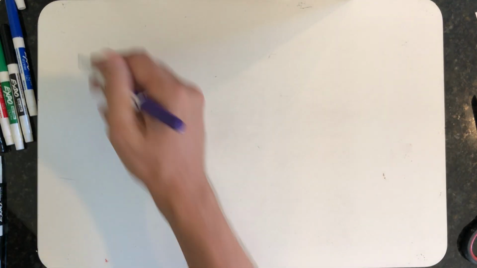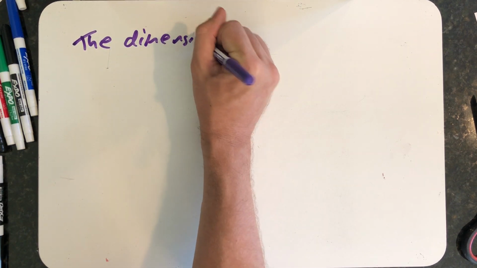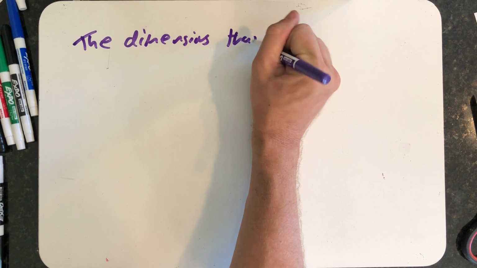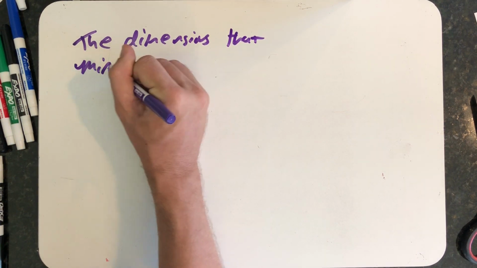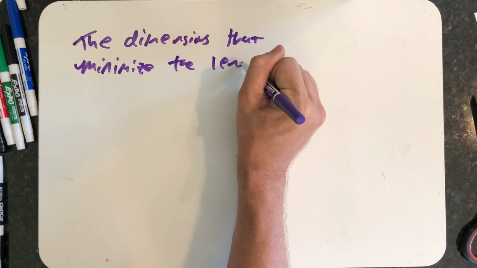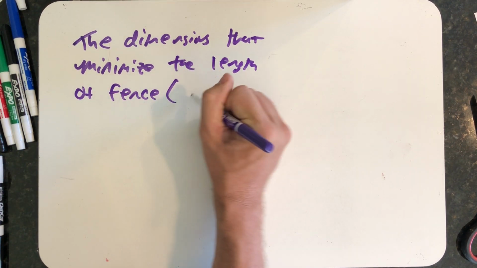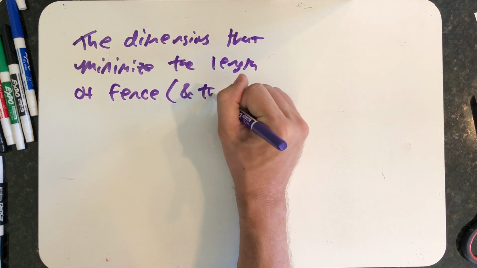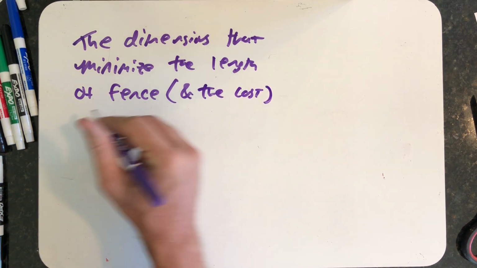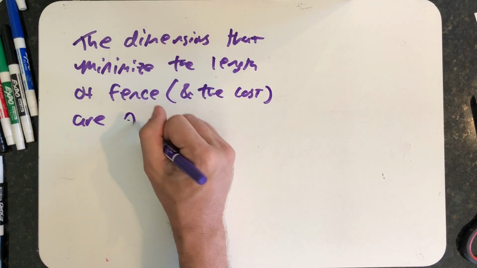So the dimensions that minimize the length of fence and thereby the cost are, well, I'm going to round here, 27.4 feet